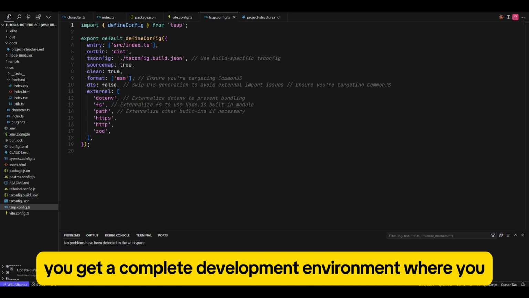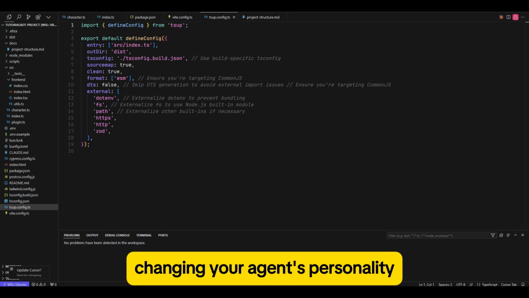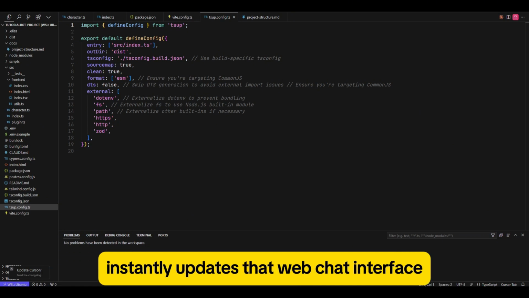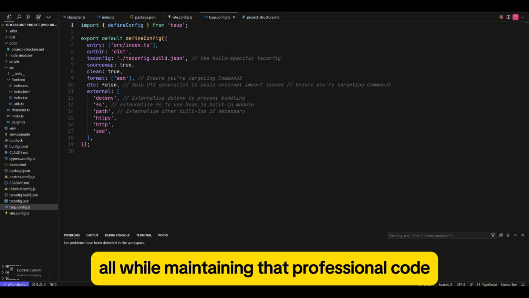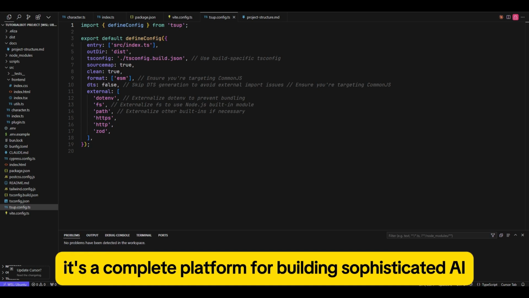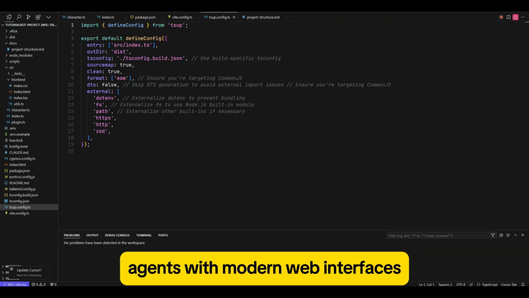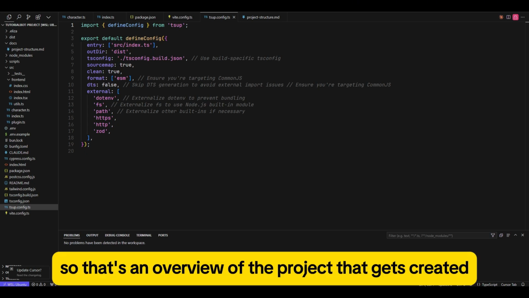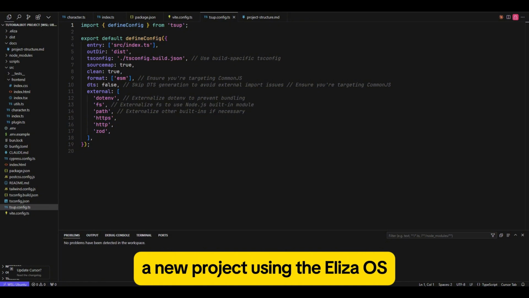So you get a complete development environment where changing your agent's personality instantly updates that web chat interface, all while maintaining that professional code quality and testing standards. So it's more than just a simple bot, it's a complete platform for building sophisticated AI agents with modern web interfaces. So that's an overview of the project that gets created when you create a new project using the